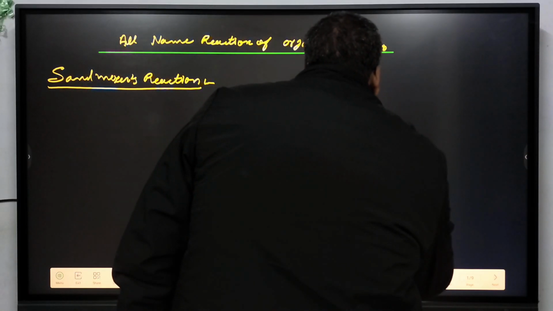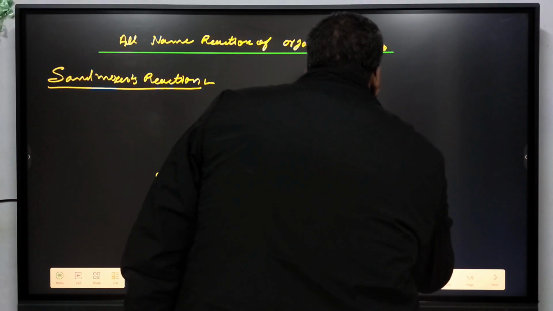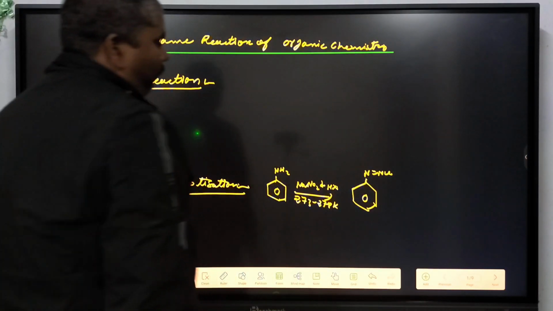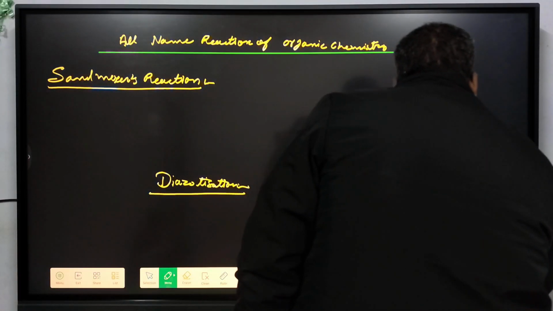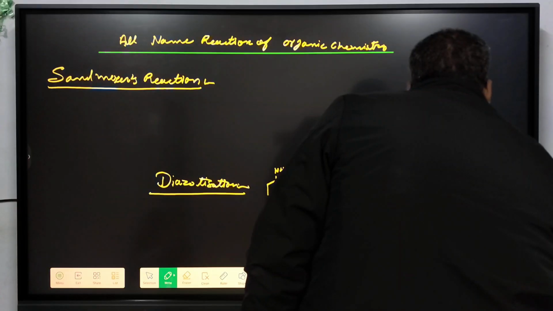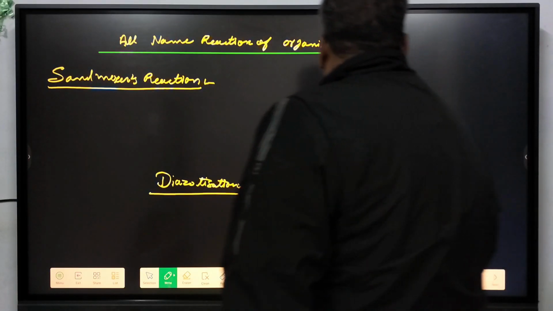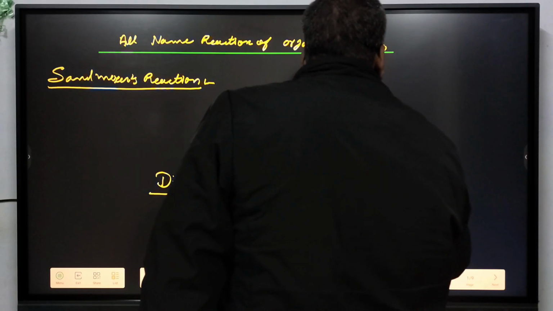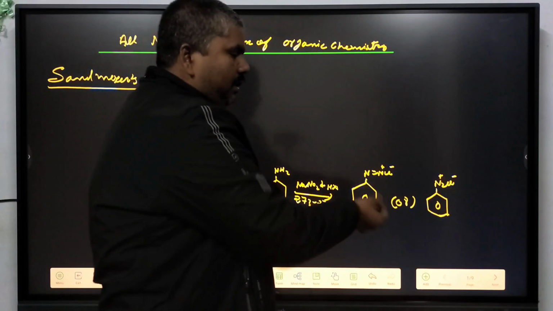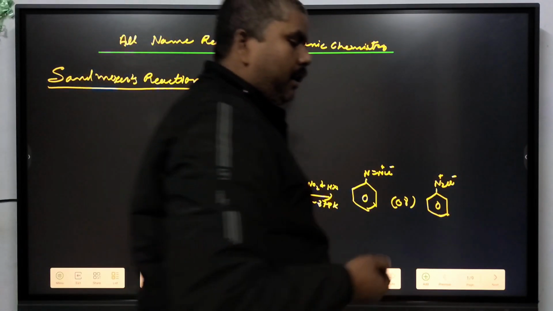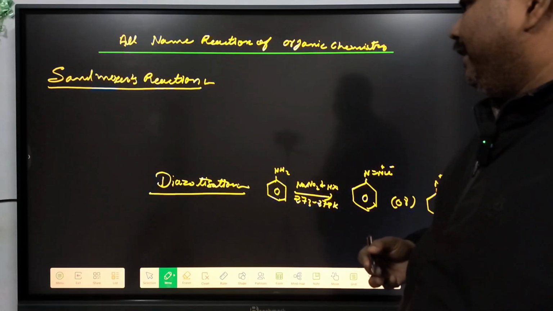The diazonium salt is formed. Again, the freshly prepared diazonium salt reacts with cuprous chloride, cuprous bromide, or cuprous cyanide to